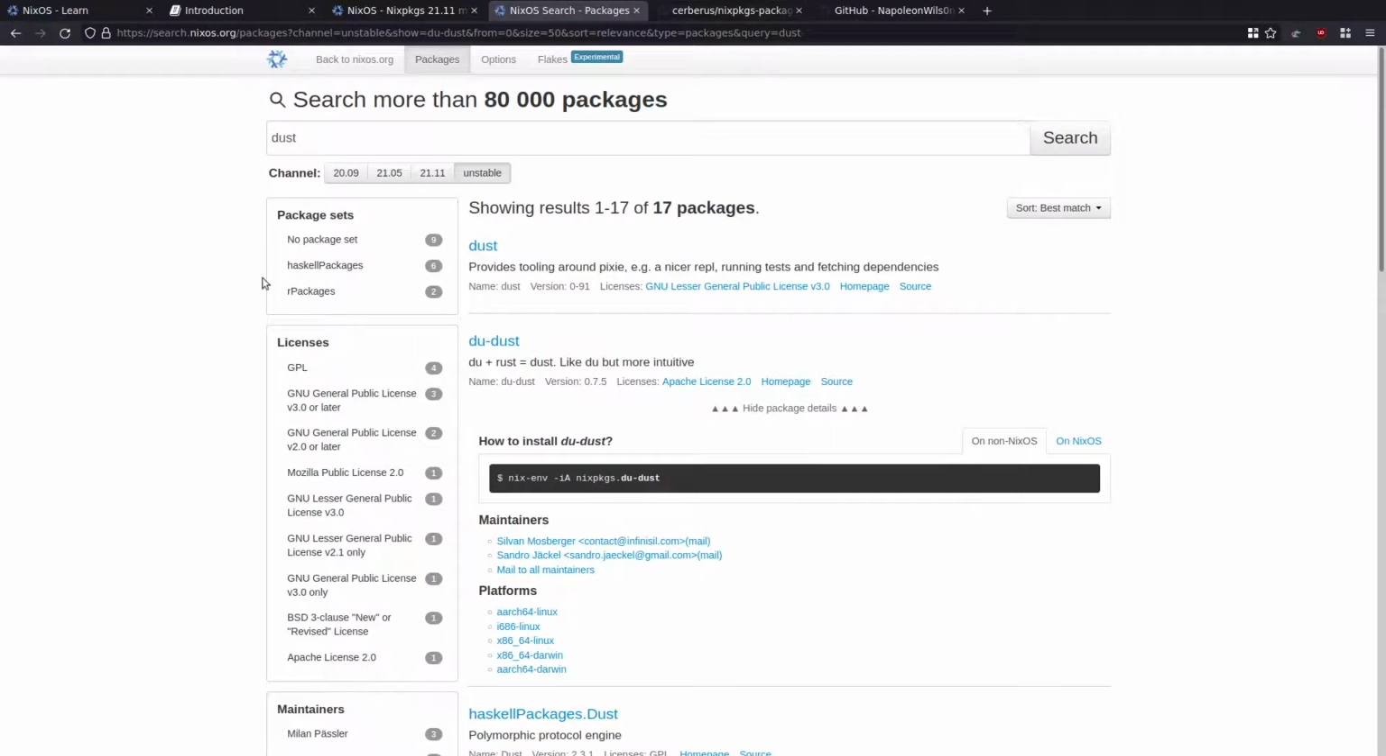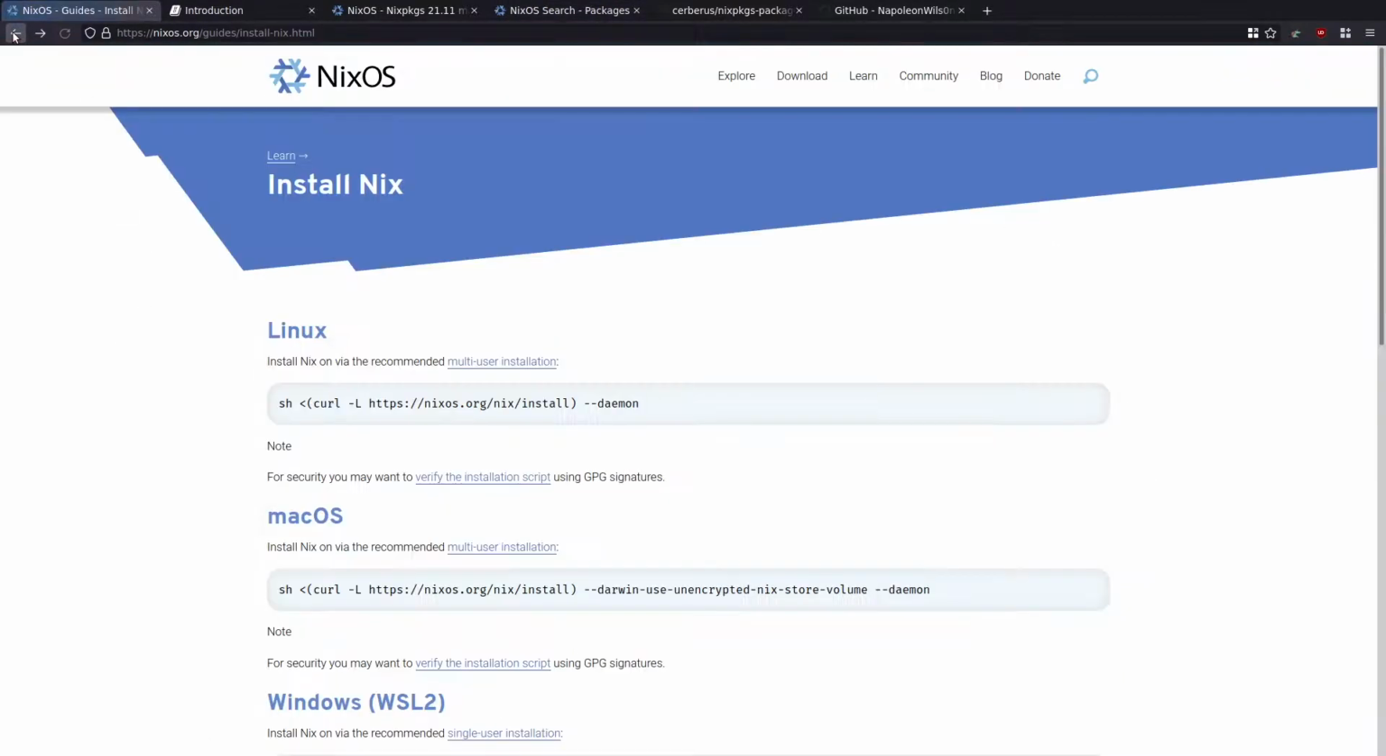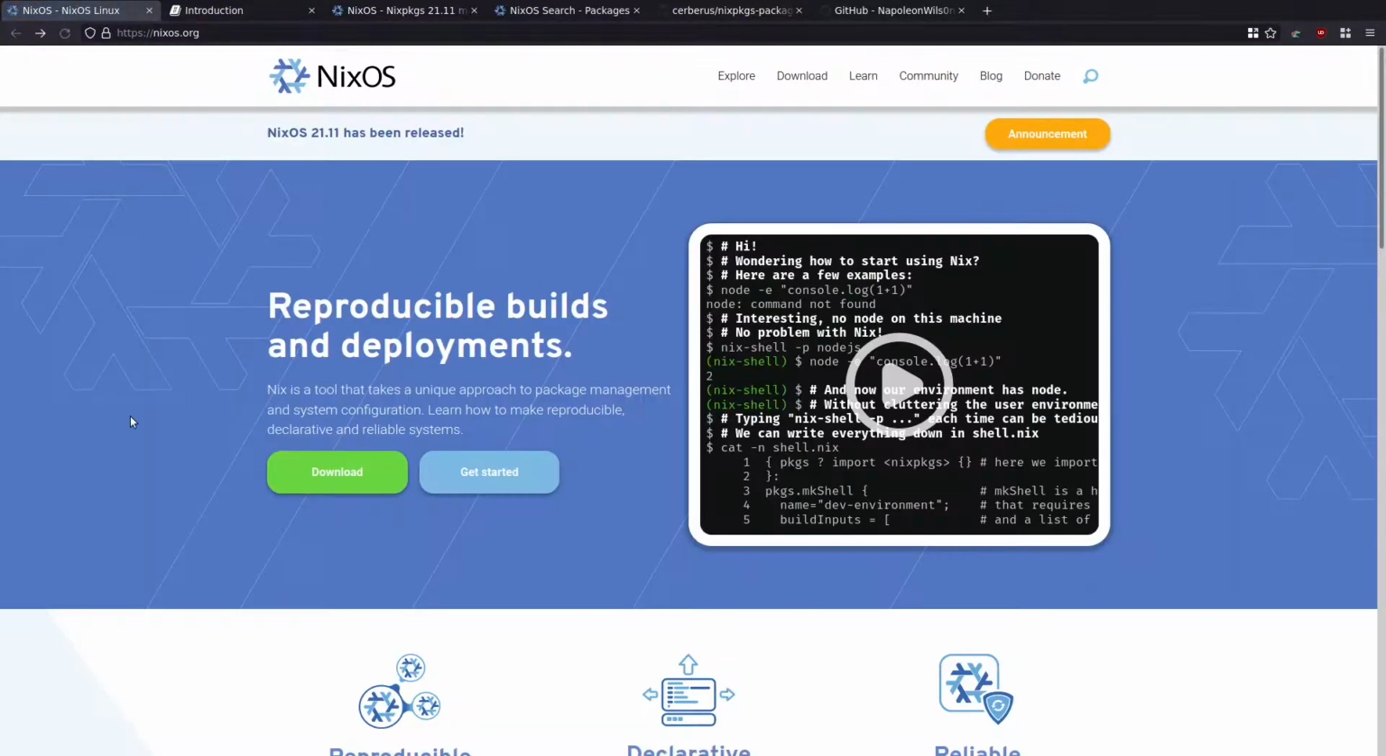So I'll put all the links onto this. So basically, we come back to the main site. So nixos, this is the site, and again, the Nix package manager works on Linux and Mac, so you can use this on the Mac instead of Homebrew. So if I come across to get started here,